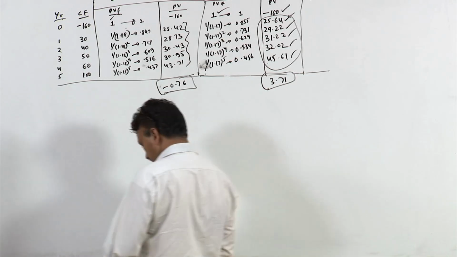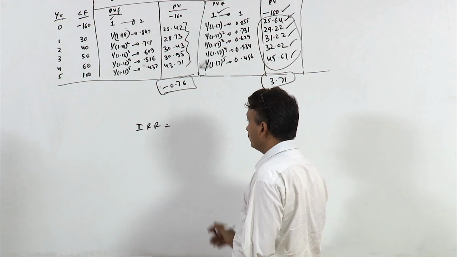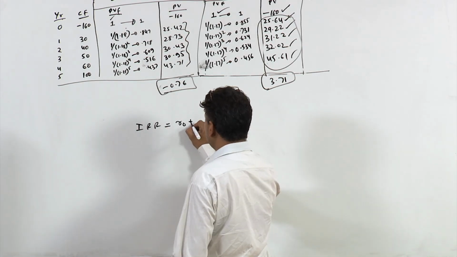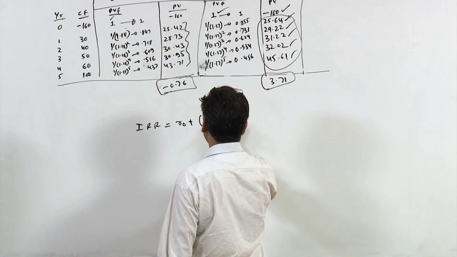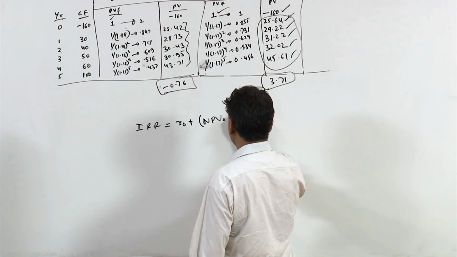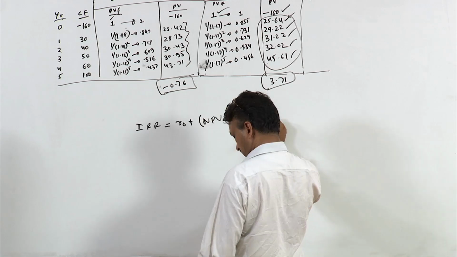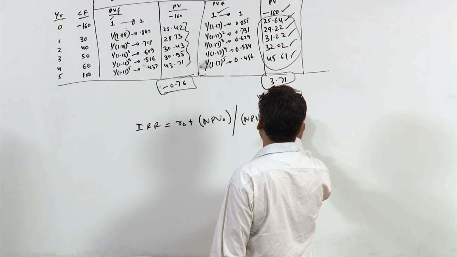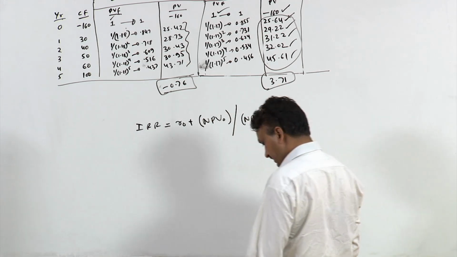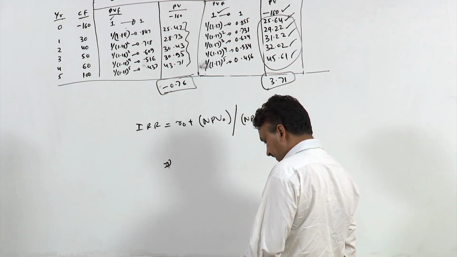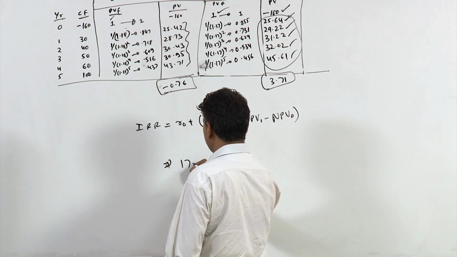IRR is equal to, we know the formula, it is R0 plus NPV 0 divided by NPV 1 minus NPV 0, right? So this you can write like this. This is 17 plus